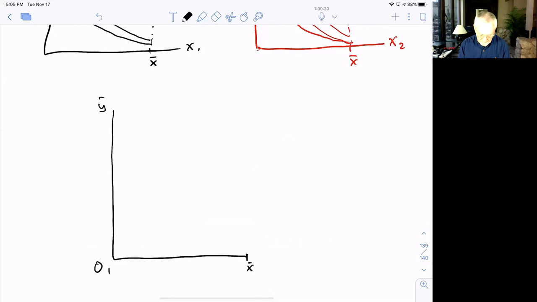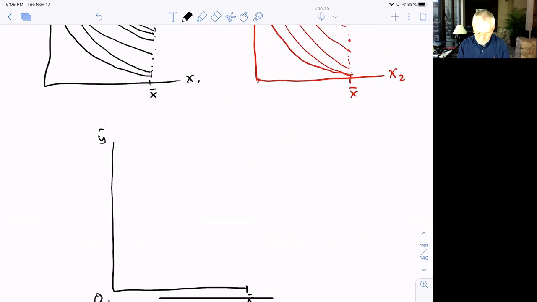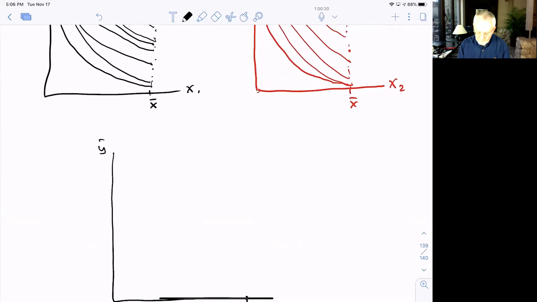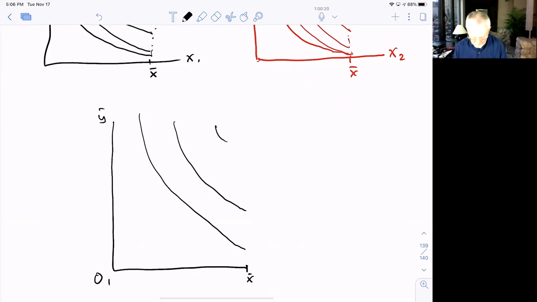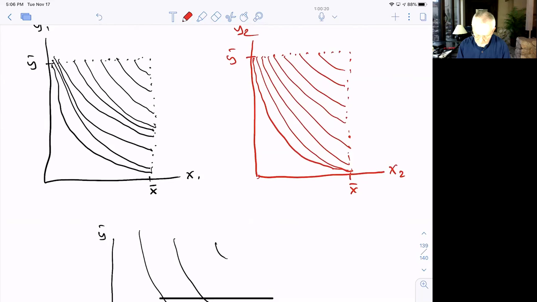Here's consumer one's origin. And I can draw them in here. Let me draw a few in here. Here's an indifference curve here, and here, and here, etc. It's convex to one's origin. And then I'm going to take the indifference map here for two, and I'm going to take just this rectangle here,